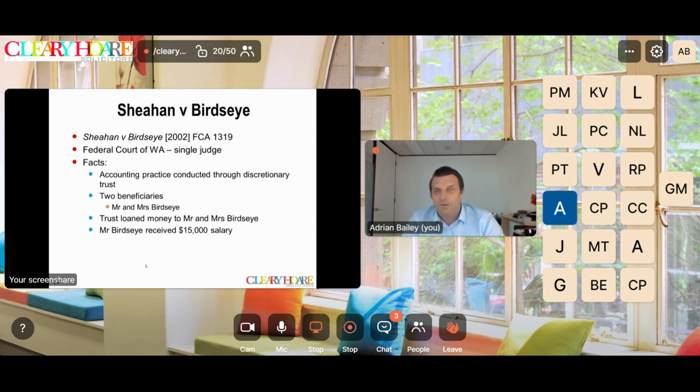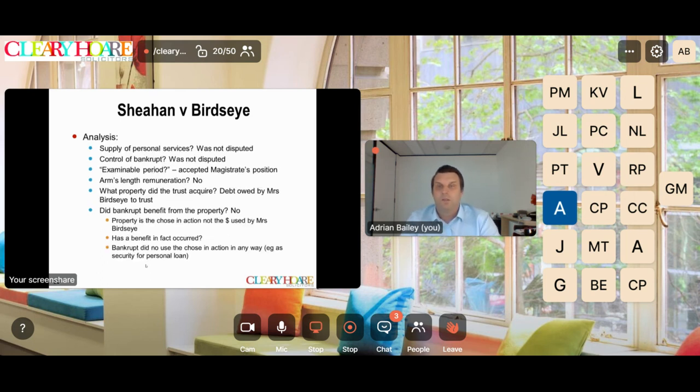The accounting practice was conducted through a discretionary trust. The two main beneficiaries were Mr. and Mrs. Birdseye. Mr. Birdseye was the accountant. He received a salary of $15,000. And at the time, the analysis was that his market value salary should have been closer to around the $60,000 mark. So clearly, he's providing services at an undervalue in relation to the trust, considering he's only getting $15,000, and the rest of the money is getting lent to Mrs. Birdseye,